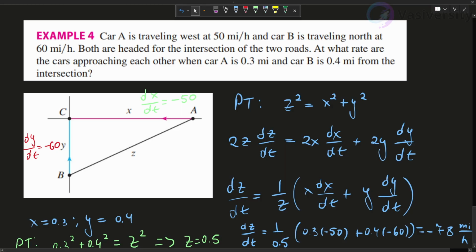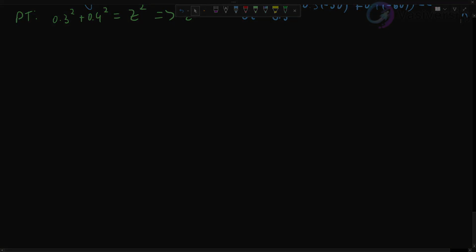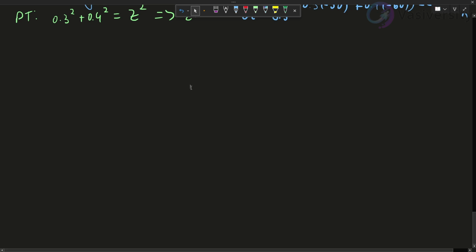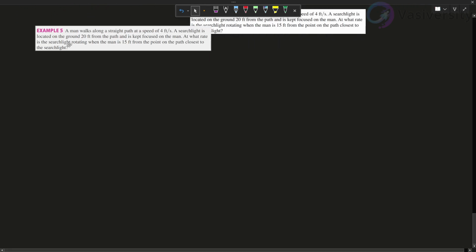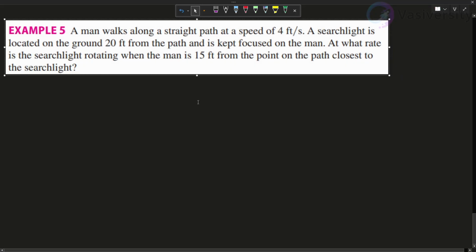All right. Perfect. So, let's take a look at the last problem for today. So, we will have example 5. So, there is the statement. So we have that a man walks along a straight path at the speed 4 feet per second. A searchlight is located on the ground 20 feet from the path and is kept focused on the man. At what rate is the searching light rotating when the man is 15 feet from the point on the path